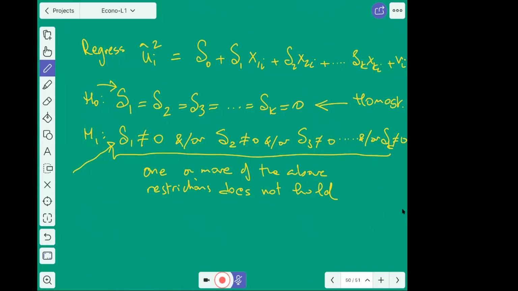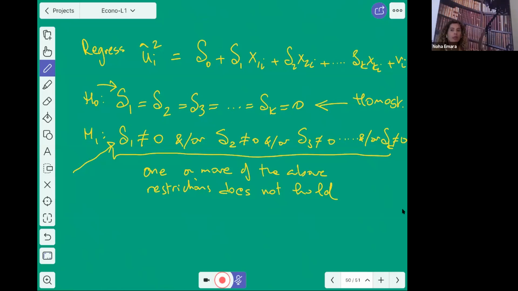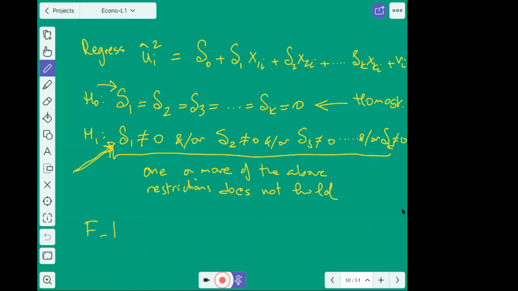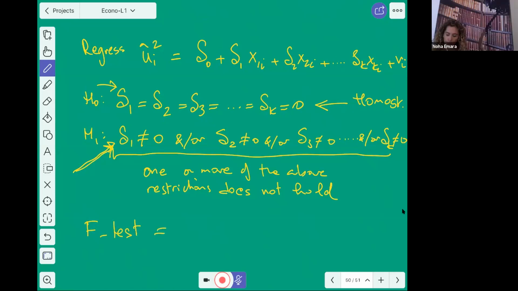R square is about the explanation of the model, right? So the F test, exactly. We did that last week: anytime I have more than one coefficient to be tested, I'm talking about the F test. So the F test is going to take the R square of this regression, the R square of the model of U